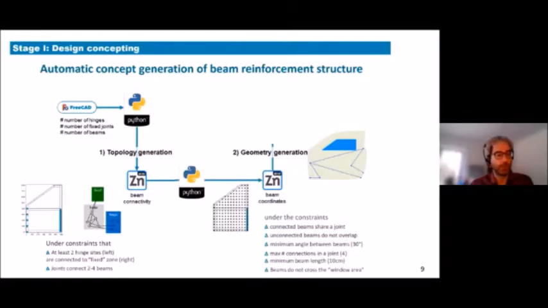Then, in the next stage, we put in the geometry. The joints of the beam structure are allocated some positions from a grid. And again, here we have constraints, like this window area where we don't want any beam structure to pass. So this is a geometric constraint added at this stage. And by doing this, we can generate a large set of topologies very readily. And we go then to the next stage,